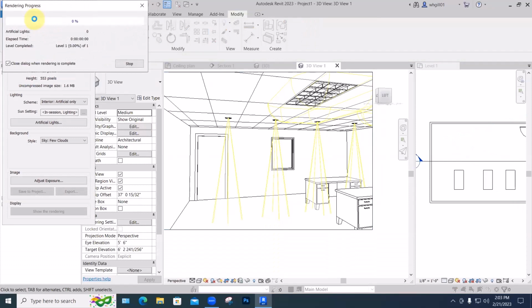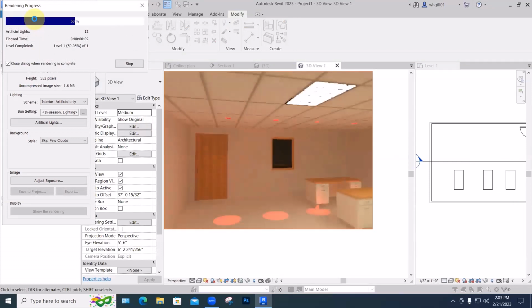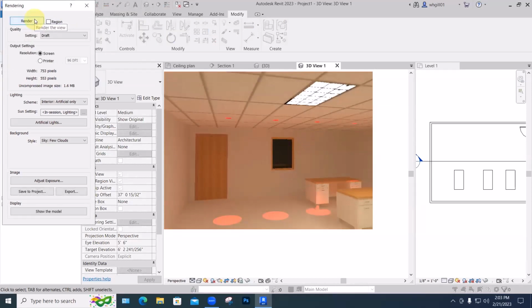But one real reason to have Enscape compared to this is that Enscape is doing all this re-rendering as soon as you place the light fixture. You split your screen in half and there's Enscape running here or on a separate monitor and Revit running here. And these just happen right away. So that's not quite as interesting a look, I confess, but